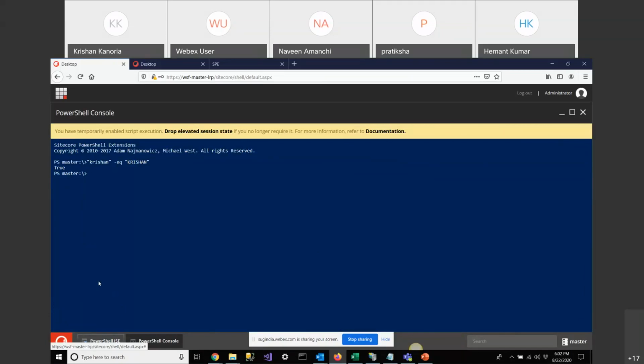Next is array. Array you can define like this. This is the array here, and you can provide anything here, Christian. If I enter this, okay, this will give me my output like this, Christian and Kanoria. And you can give like this.